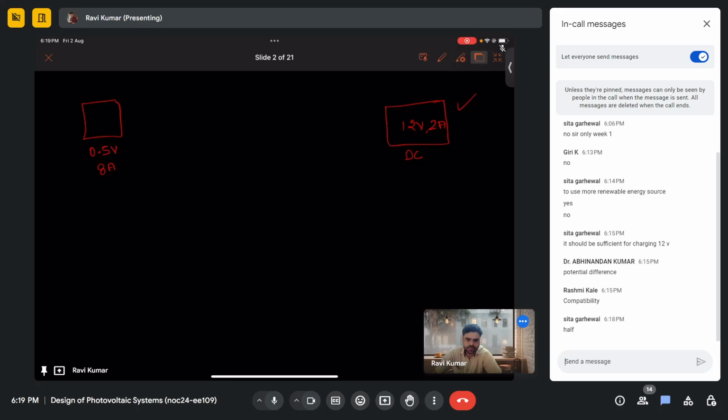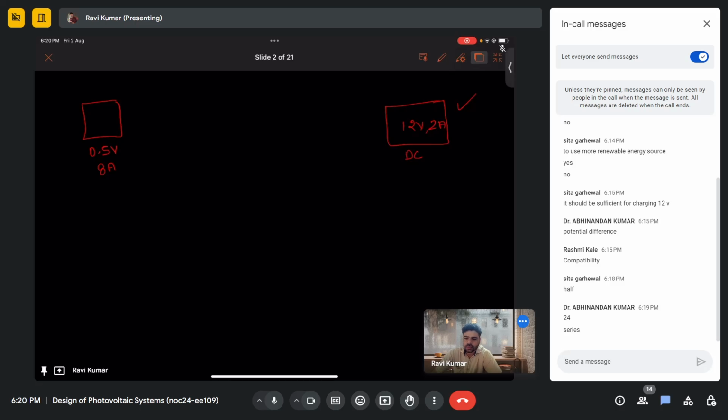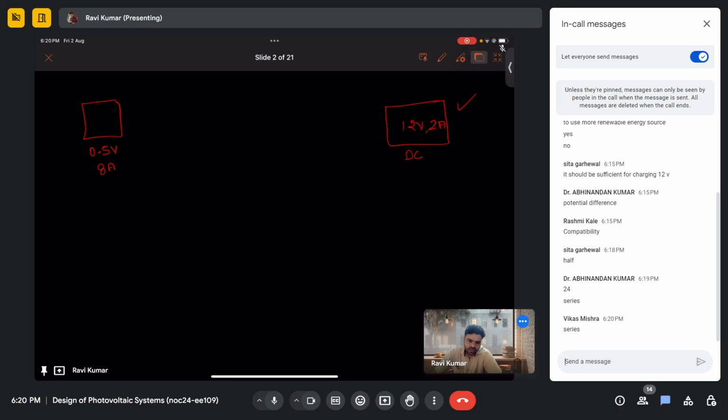Minimum number. Maximum, though, we can get anything, but minimum. 24. And will those 24 solar cells be connected in series or parallel? Series, because in series, yes Vikas, Abhinandan, you are right, the voltage will add up while the current